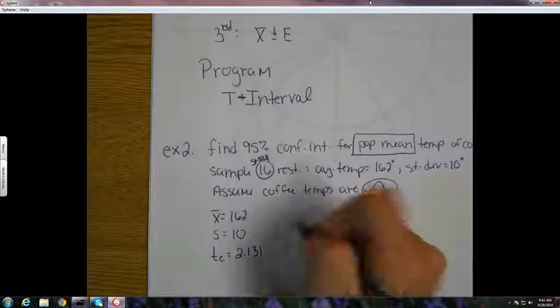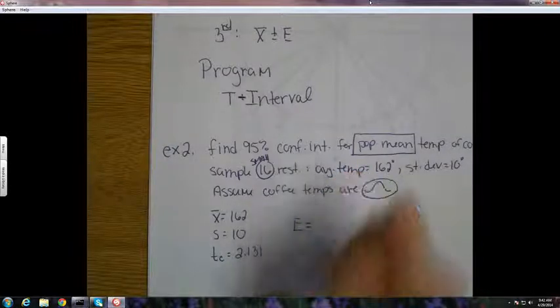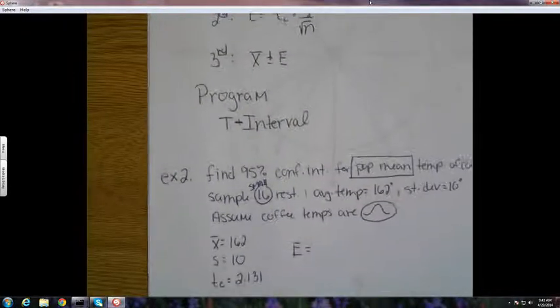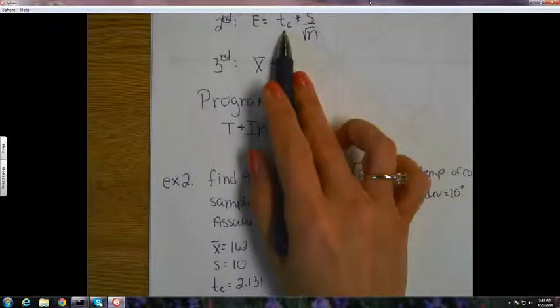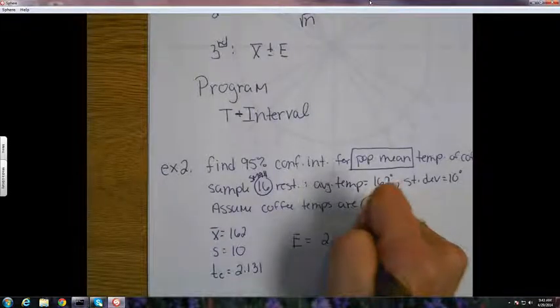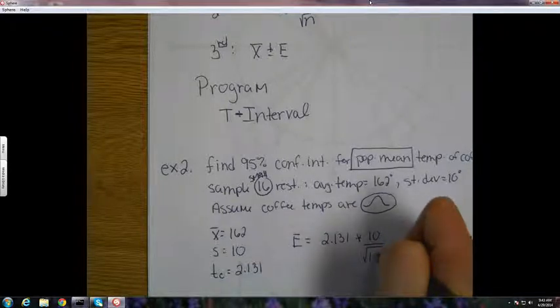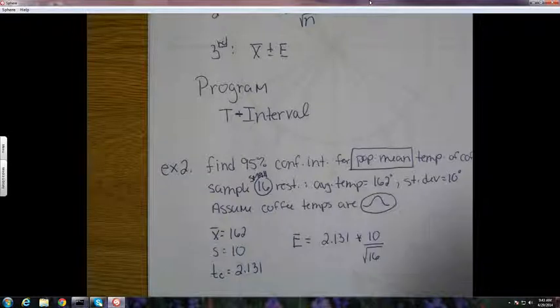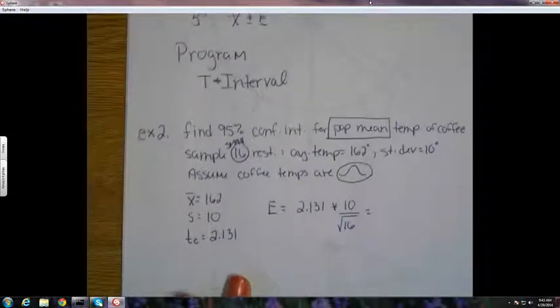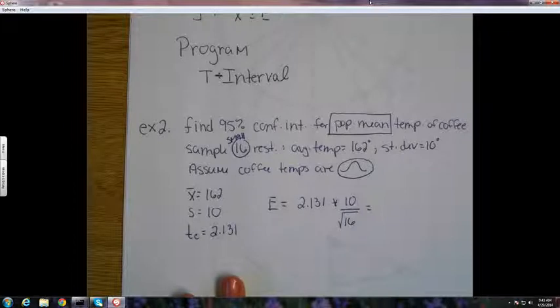Now we're ready for big E. Big E is that critical t-score we just found, times the standard deviation, divided by the square root of the sample size. What was my sample size? 16. Not n minus 1 or anything. No, only when we look up the table. I don't know why. Like I said, my stats background is this big. Why that table is set up that way, I have no idea.